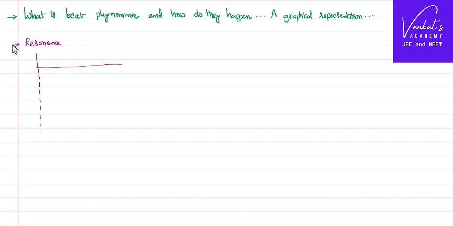direction. So this is wave 1, this is wave 2. They are traveling in the same direction. The two waves are also the same. That means whenever there is a crest in the first wave, there is a crest in the second wave too. Similarly, when there is a trough in the first wave, there is a trough in the second wave too. This is a resonance phenomenon: when two waves of the same frequency, same magnitude, same phase traveling in the